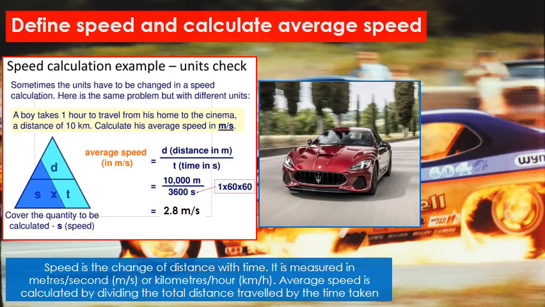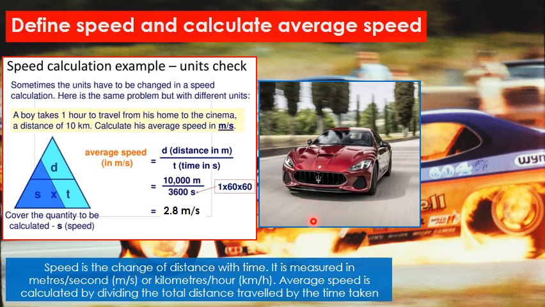Okay, let's go. So first thing that we want to do is we want to define speed and calculate average speed. So what is speed? Basically, speed is just the change of distance with time, right? So if I drive using my, let me just get my laser pointer, if I use this Maserati, this is my favorite car, if I drive using a Maserati,